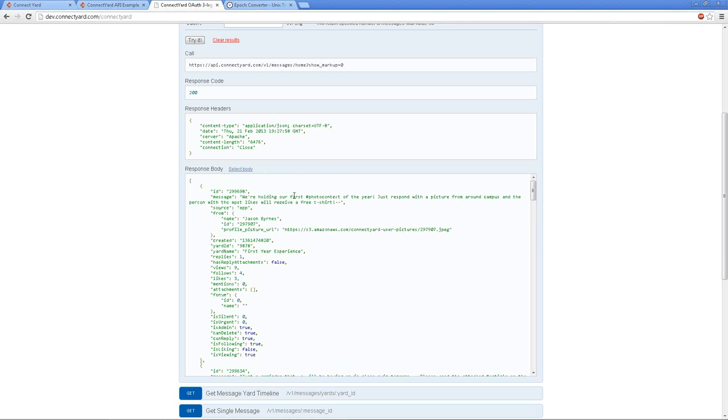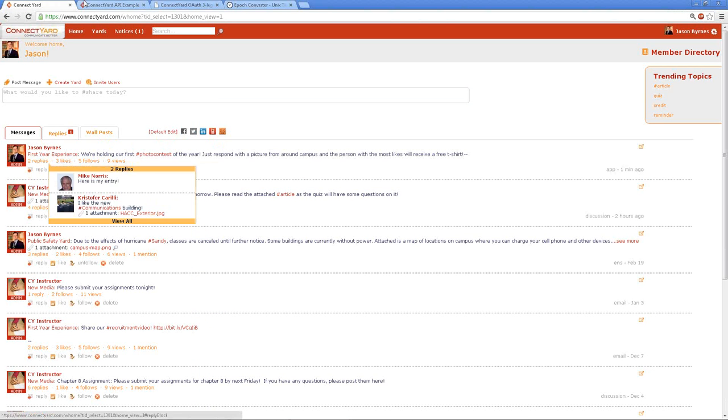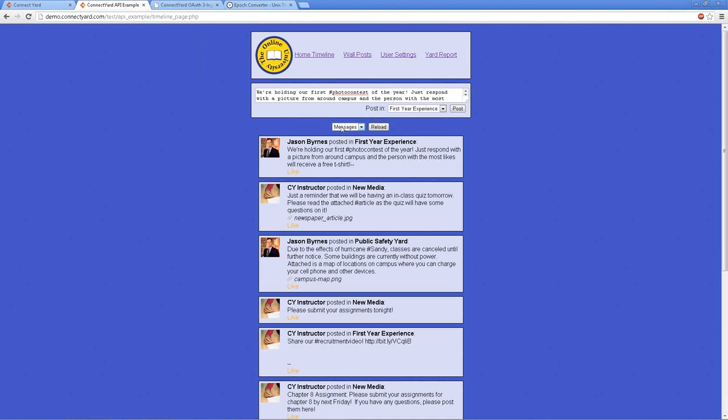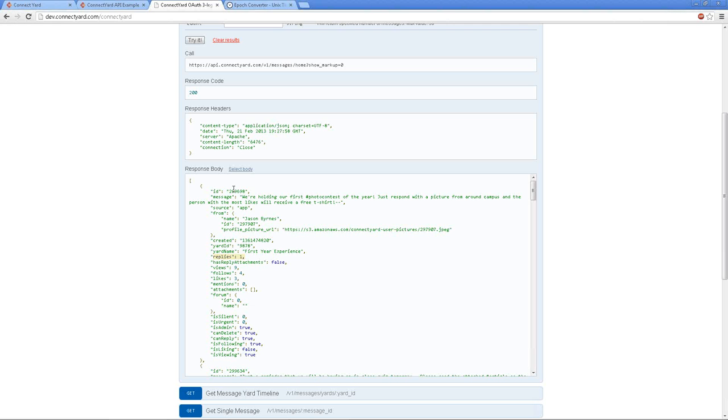So, we can see right here we're holding our first photo contest. I can actually see right down here that I already have a reply. If I shoot back over here, I got 2 replies now. So we're starting to get some replies in here. We can come back over to the API example app. We can refresh this in here. And we can see, here's an entry here. You can also see that Chris posted an image here. And what I can do with that is I can actually, let's grab this ID, and we can actually come back